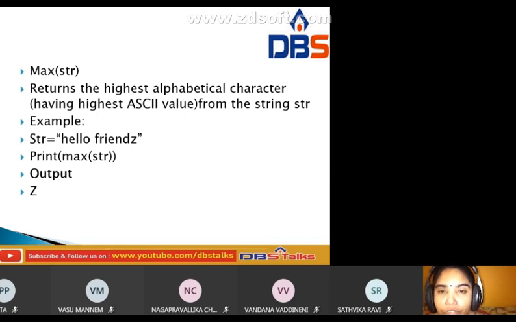That is the use of max of str. Here str equal to hello friends, and we print max of str. The output is z, the highest ASCII value from the string.